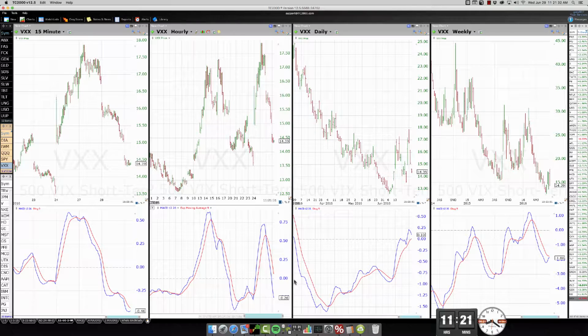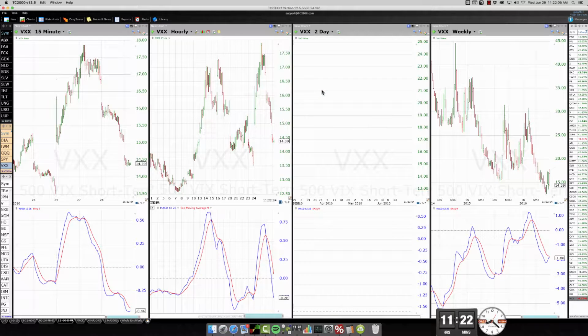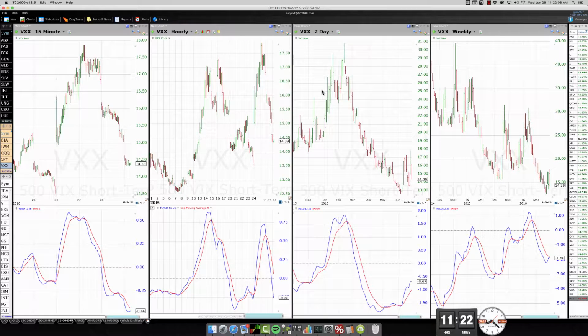Furthermore, take a look at VXX. Continuing the downside here. It's amazing how VXX has been hammered like this. But take a look at the introduction of extreme weakness to the weekly here. This is going to definitely change the weekly onto an up cycle here soon. If I call on the 2-day chart, the 2-day chart is definitely going to explode once again.